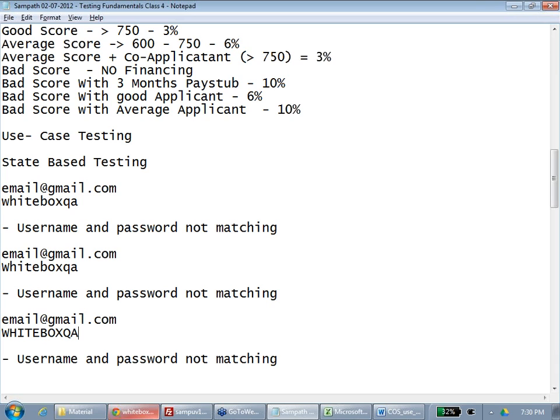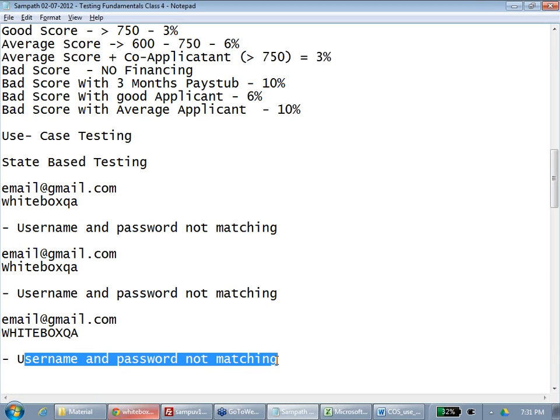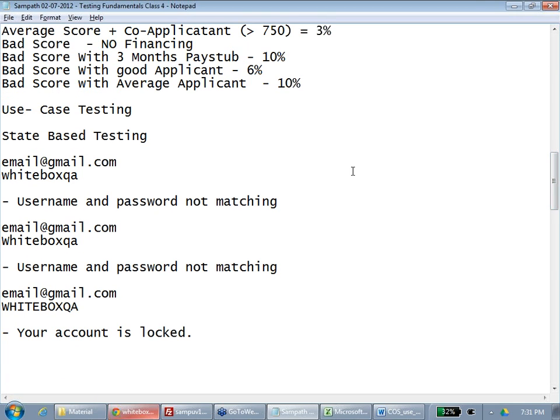What will happen now? You have reached your maximum attempts. Your account is locked. Please contact administration. We are not doing that, I am just giving an example. Your account is locked.